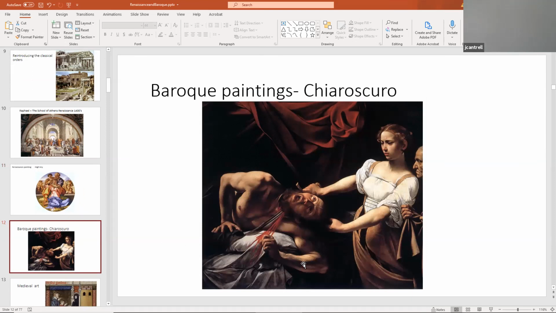These chiaroscuro paintings really reflect the tension and ambiguity of the Baroque era of architecture and humanities. But before we get into more detail on the Renaissance, let's take a look at what happened before, in the medieval period. We touched on the architecture, but let's take a look at medieval arts.